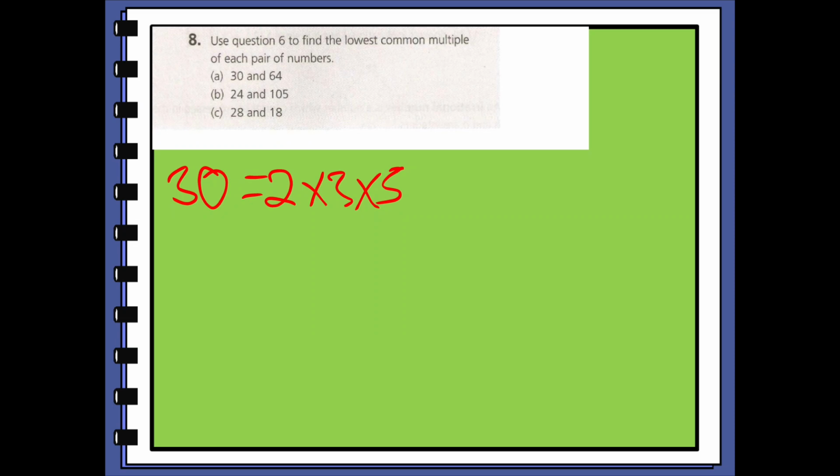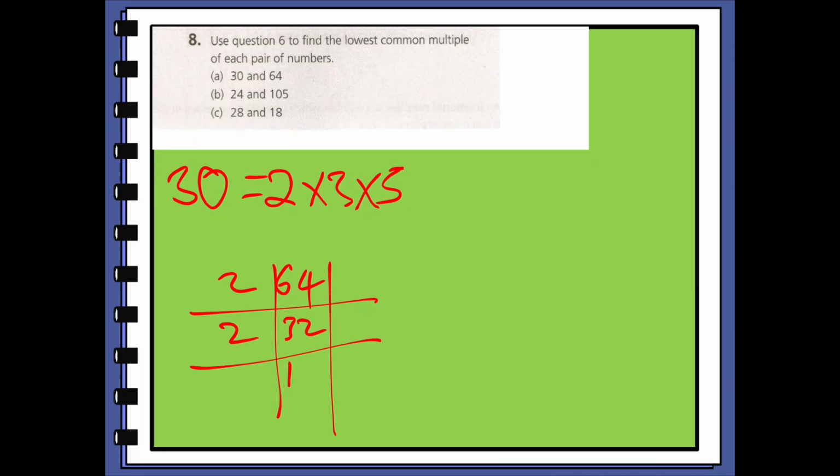Now for 64, let's work out 64. Start with 2 into 64. Half is 32. We'll do 2 into 32 is 16. We do 2 into 16, it's 8. 2 into 8 is 4. 2 into 4, it's